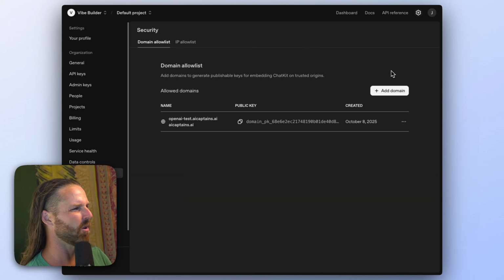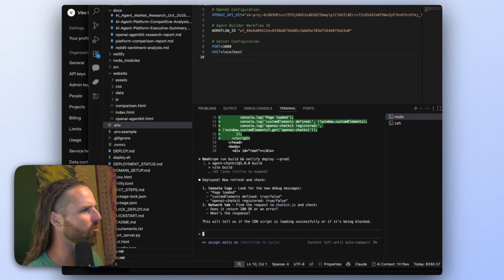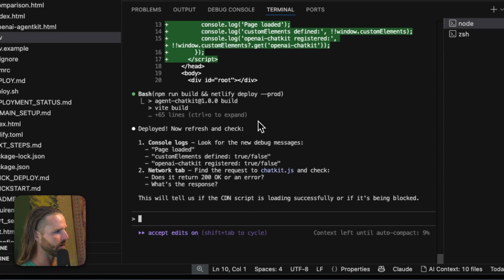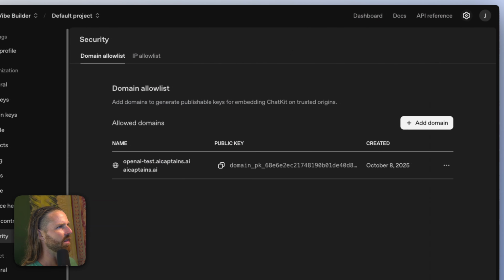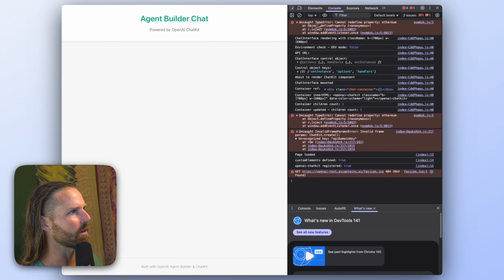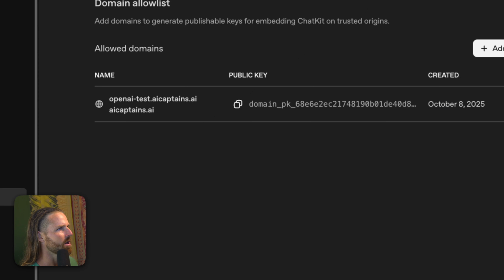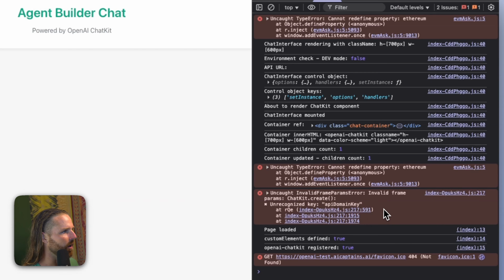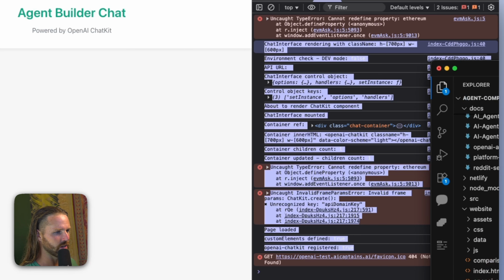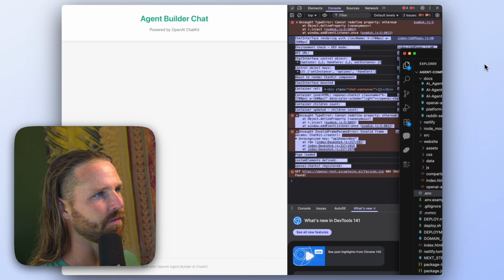Okay, everyone. So this has been dragging on. I've just been trying to vibe code this Agent Builder ChatKit service, deploying through Netlify automatically with Claude Code, fixing something, thinking we're fixing something, and then refreshing this. And we're in an approved domain according to my allow list here, and it's not showing up. Okay, so here we got some more errors. But I think it's actually because... and I want to find this out.